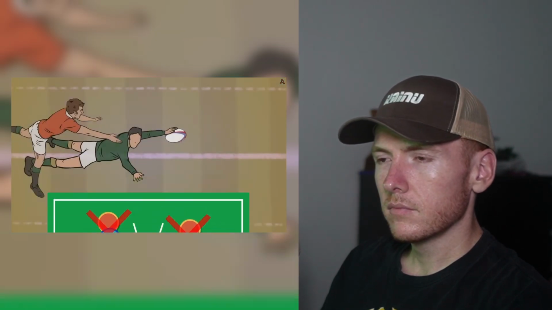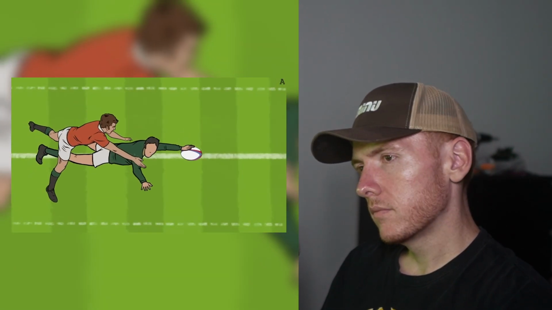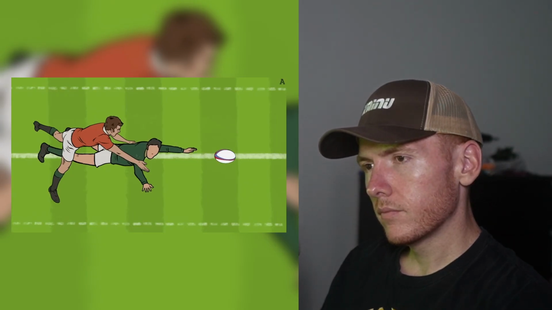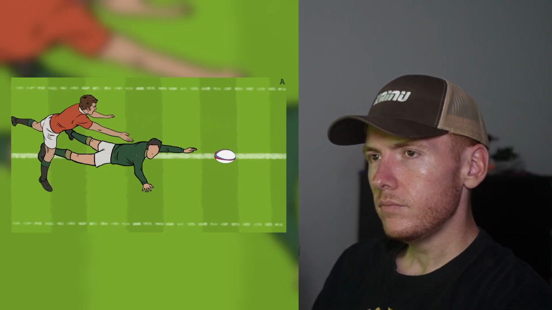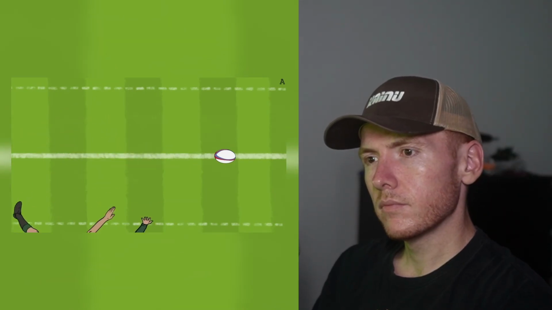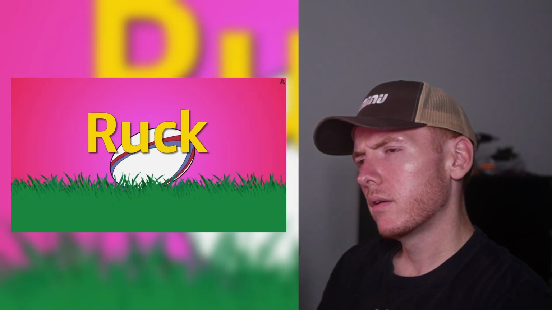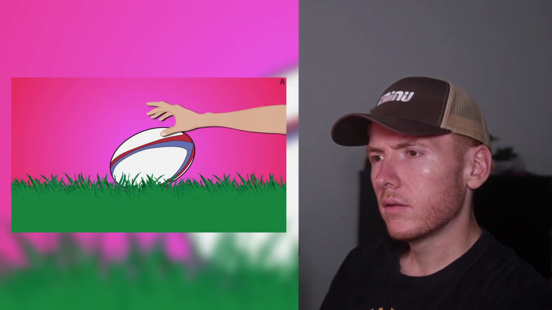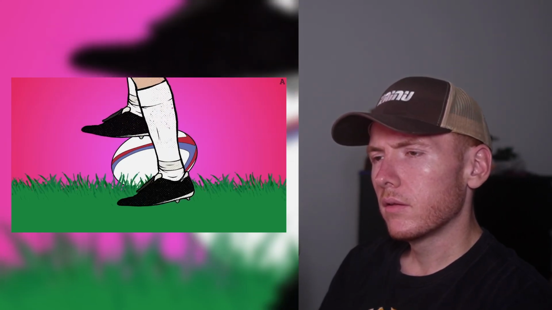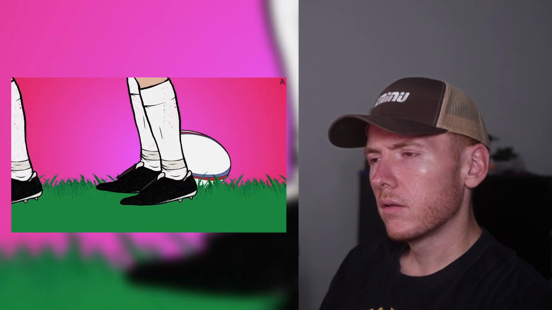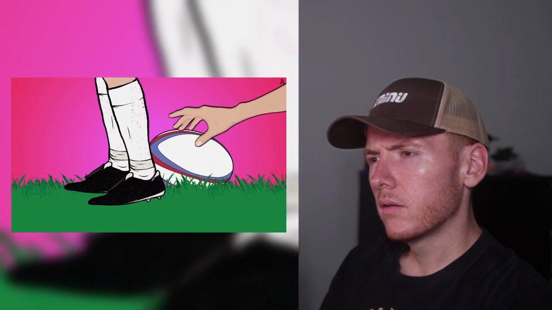A tackle occurs when the ball carrier is brought to the ground. At this point, the ball carrier must release the ball immediately once they've been tackled, and the tackler must release the ball carrier before both players roll away to allow other players to contest for the ball. If the ball is on the ground, then a ruck is formed, where players can't handle the ball but must instead use their feet to move the ball back to their teammates or drive over so that the static ball emerges at the team's hindmost foot where it can then be picked up.